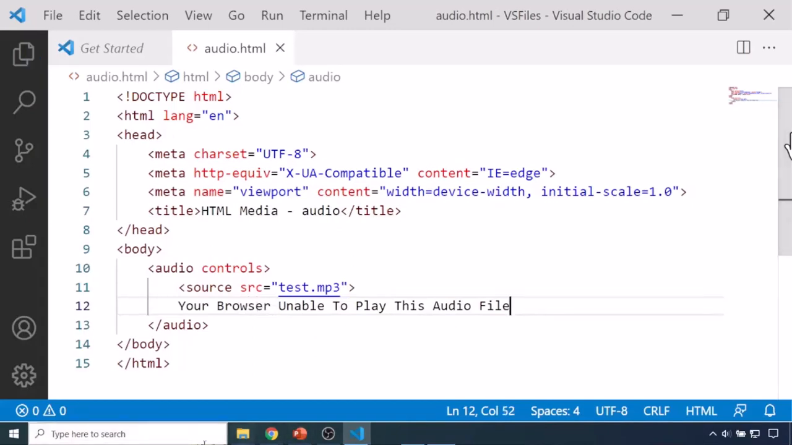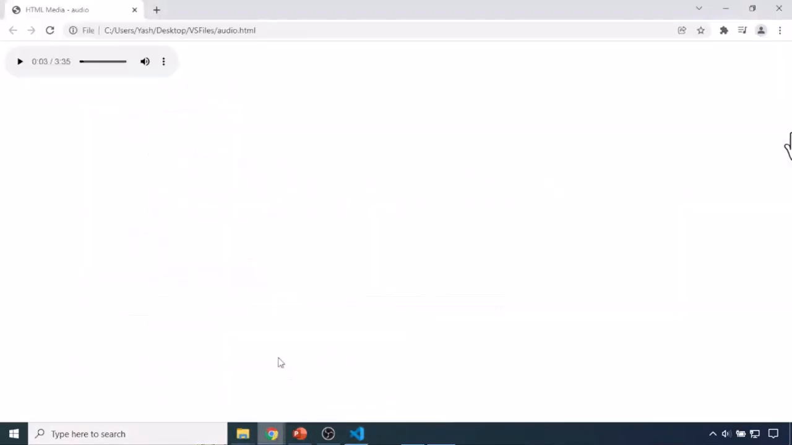So let me click on save. Here I am going to refresh the page. So my browser supports audio files, so I'm not going to have that text. So this is how you are going to display an audio file in your web pages. Okay, and now